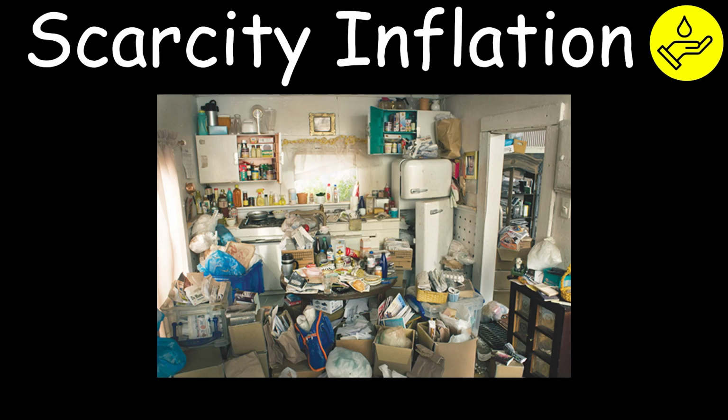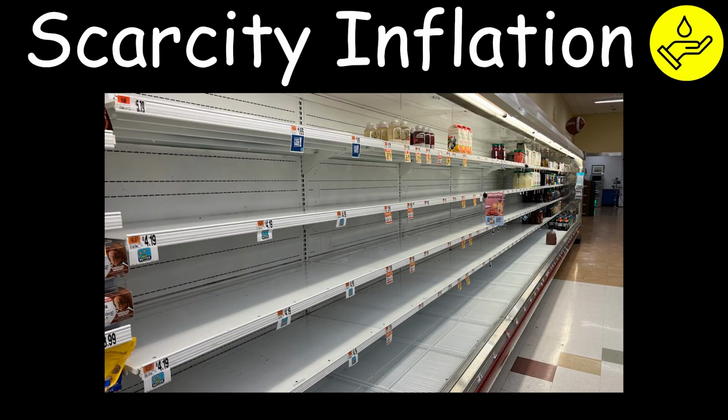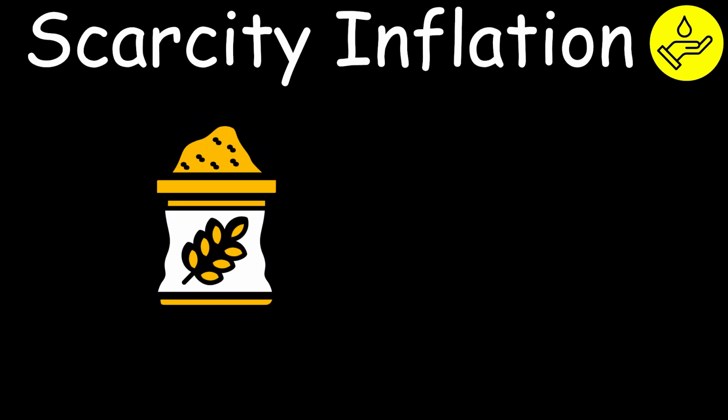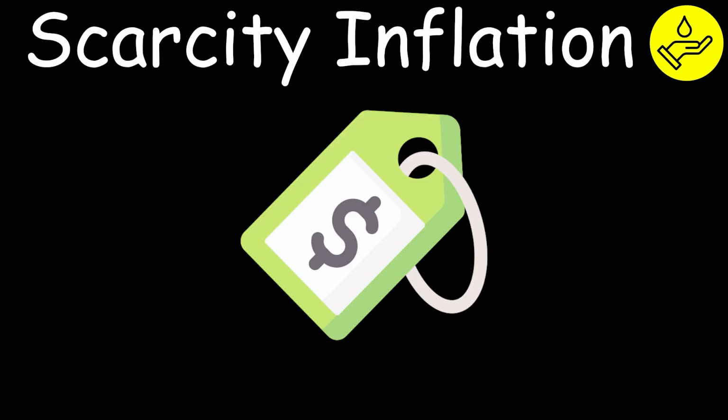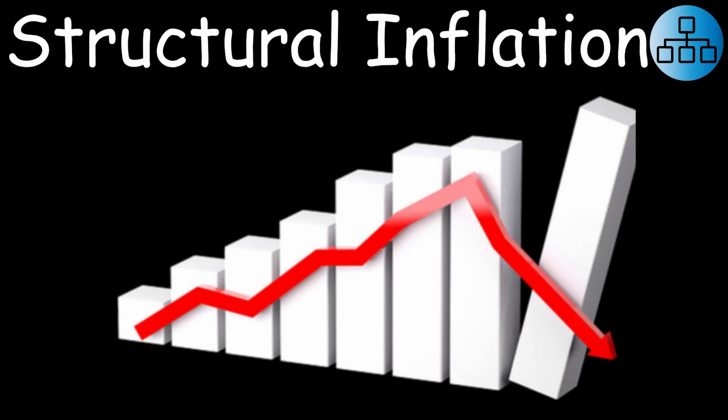Scarcity inflation occurs due to hoarding by unscrupulous traders and black marketers, so as to create an artificial shortage of essential goods like food grains, kerosene, etc., with an intention to sell them only at higher prices to make huge profits. Structural inflation. Structural inflation is a persistent increase in the general price level caused by changes in the underlying